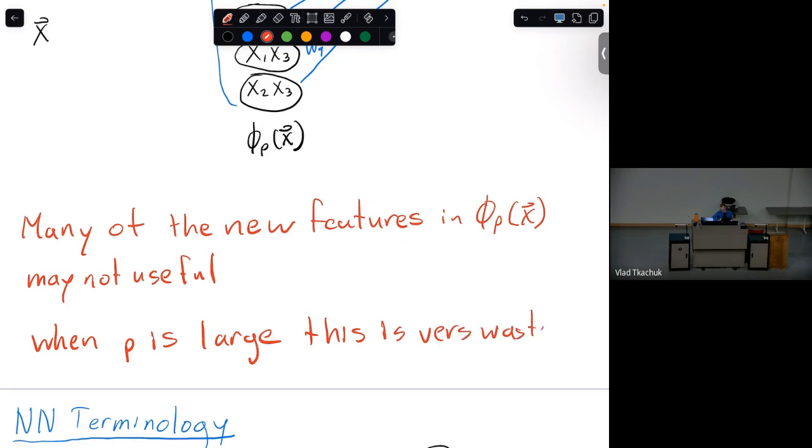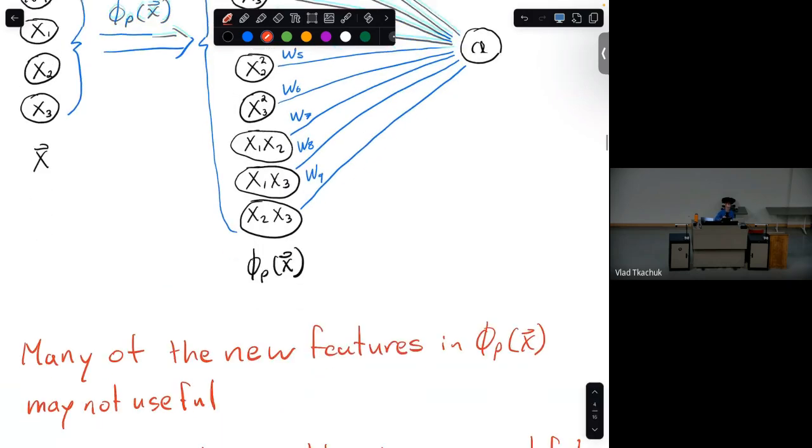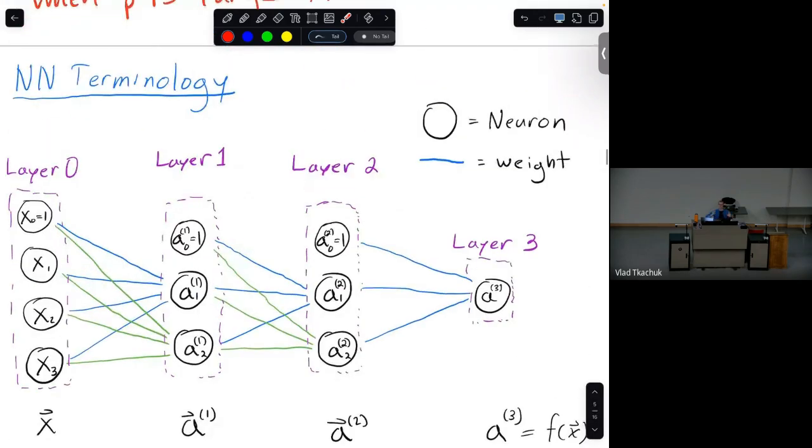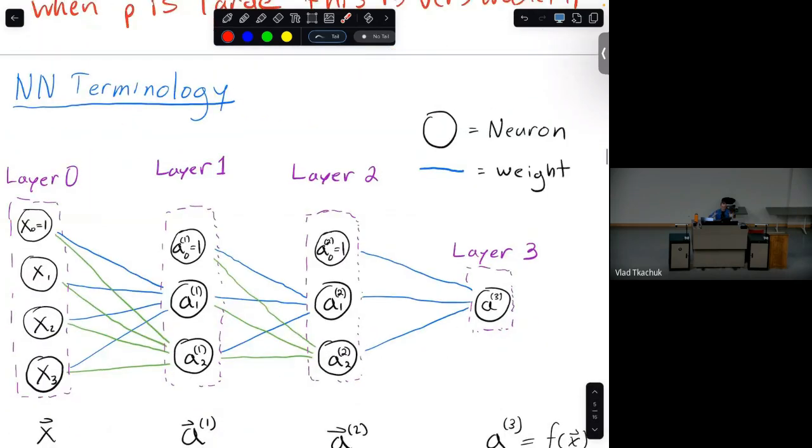Okay, so the natural thing that you'd want to do is, instead of naively guessing what features you need, why don't you learn what the features are? So why don't we take as input the original features and decide what features we should pick here, instead of creating all of them? Why don't we just actually learn which ones should be here? This is going to be the big insight of what neural networks are really doing, which is why I'm spending quite a bit of time emphasizing this. Okay, so now I'm going to go into talking about neural networks and how to think about them and interpreting them and so on. So first, some terminology of these neural networks.